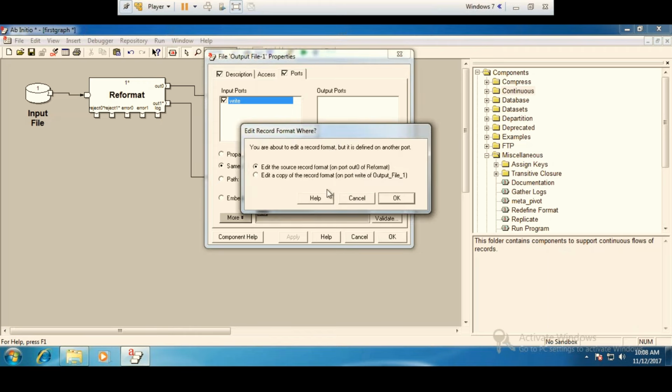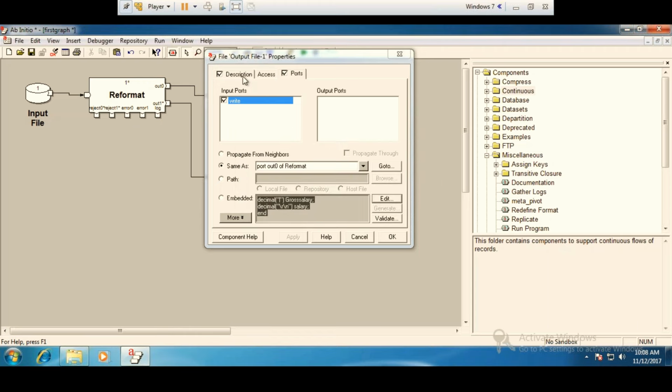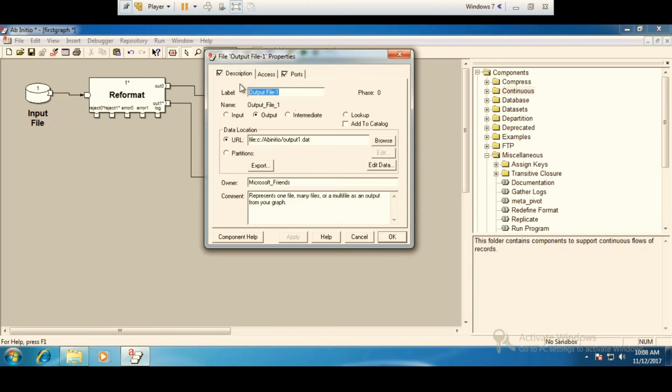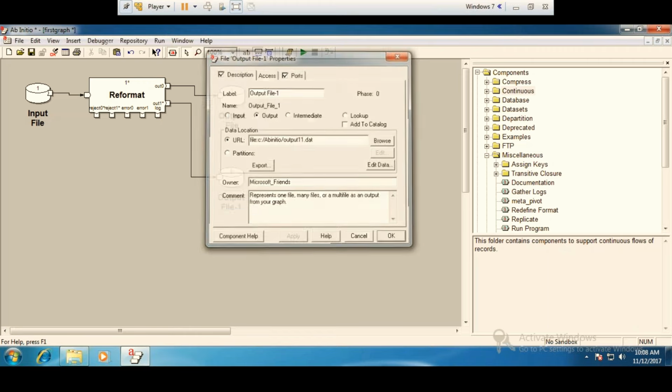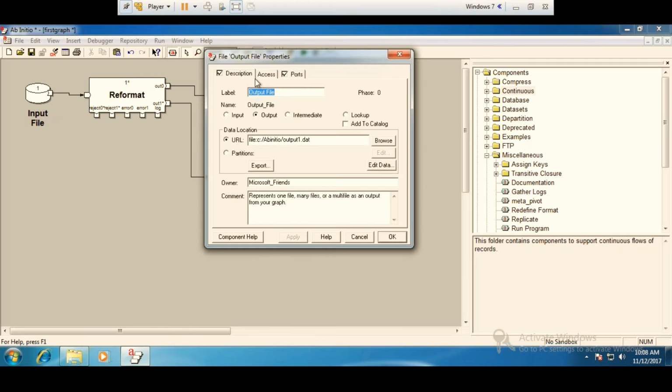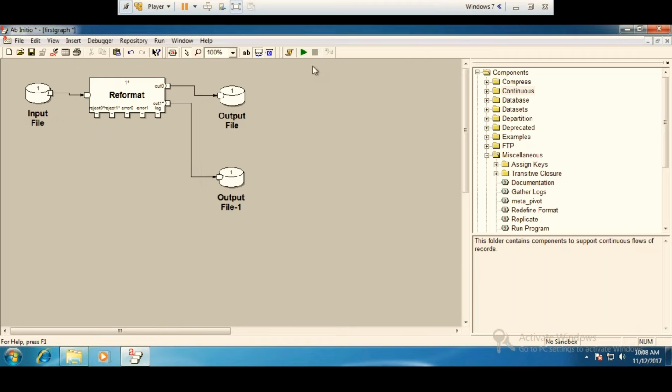Ports, edit. Okay, no need to change the ports. Go to file name. Here it is giving as output 1. You can give anything you want. Ports. Okay, now if I run,